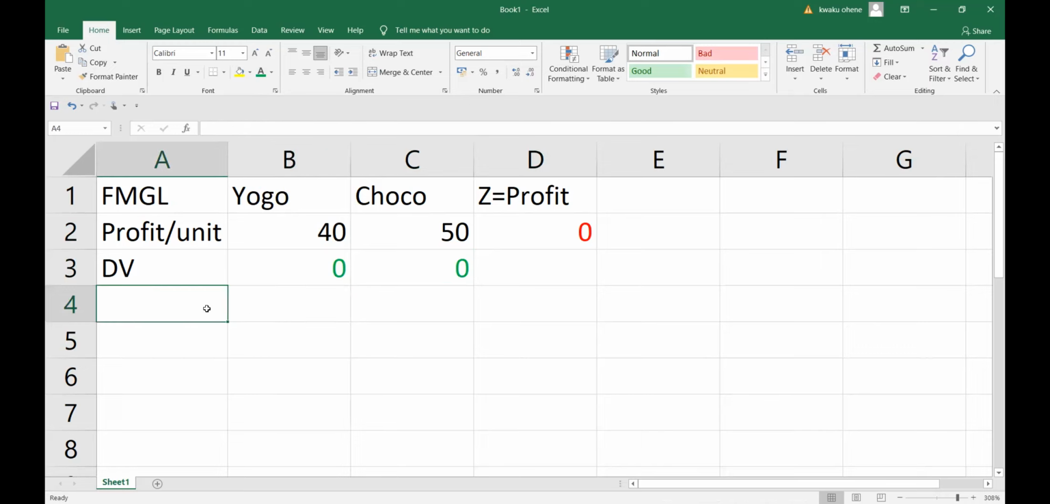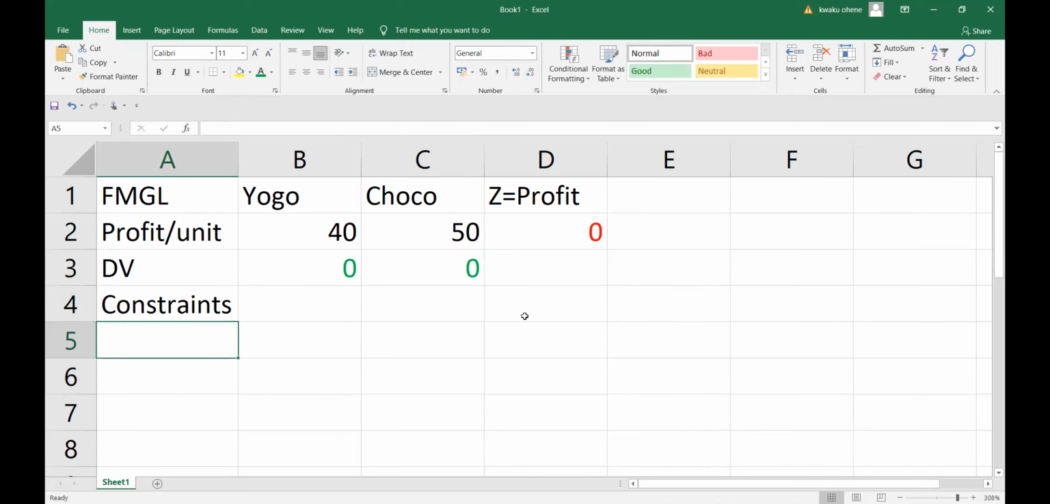All right. The next thing is to write your constraints. So this section there, you write your constraints. It's just a way of giving it a title. And in the constraint, let me see whether there's a question again. In the constraint,